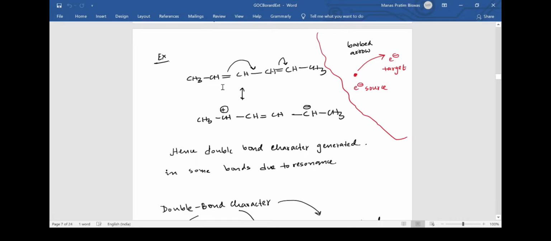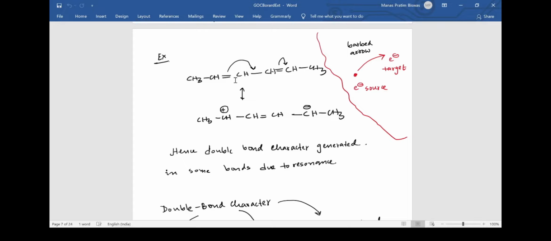So I have this molecule, and we can see that here is a double bond. A double bond basically means there is a single bond and then there is a pi bond. The pi bond is in a perpendicular plane to this sigma bond. You might be knowing this in chemical bonding, that the pi bond is always found perpendicular to the sigma bond. Now we have three axes, x, y and z. Suppose the sigma bond happens to take place along the x axis.